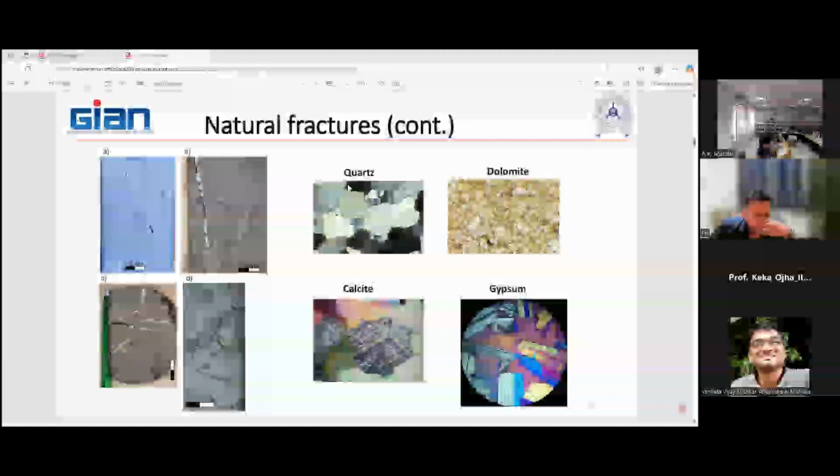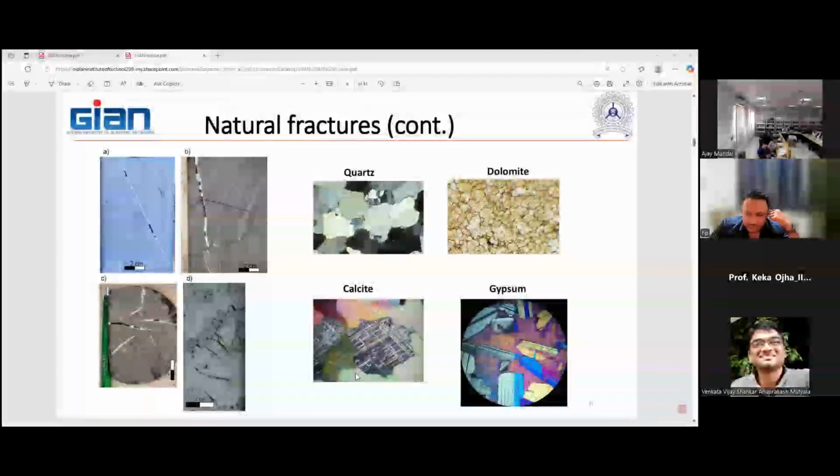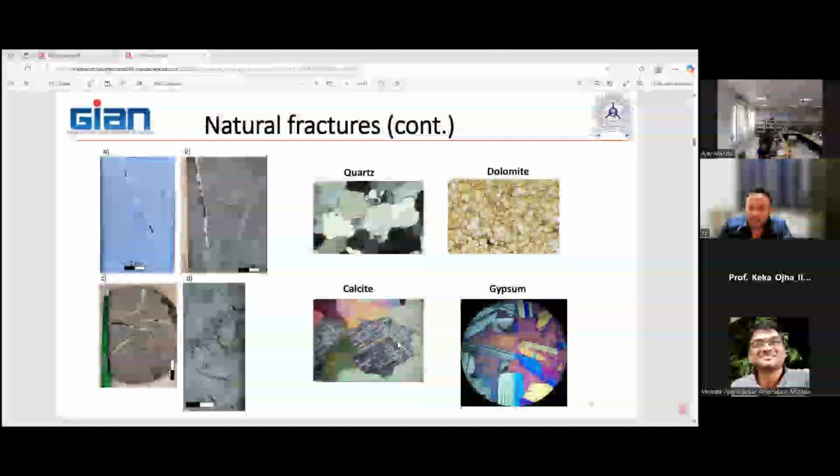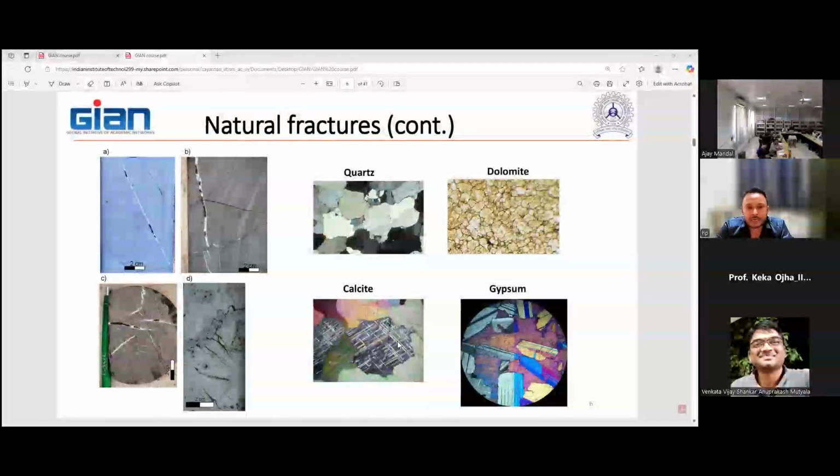The most common ones are the calcite ones. So this is calcite cement once you put it under the microscope. Within the microscope, there are two types of settings. One is the plane polarized light, another is the cross polarized light. If you look at the cross polarized thin section, then you will see